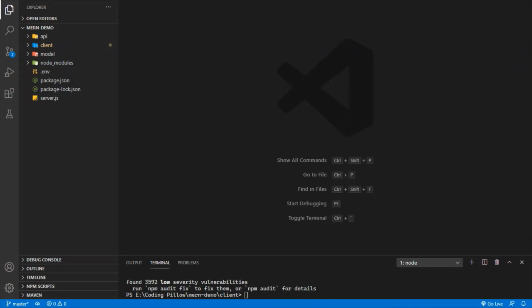So after installing Axios, we are going to install Redux as we are going to manage our global state in this app. So npm install, and first we are going to install Redux and then React Redux so that we can bind our app with the Redux, and then we are going to also install a Redux development extension. This is a package and I will explain this later. And for the middleware purpose, we are going to install Redux Thunk.